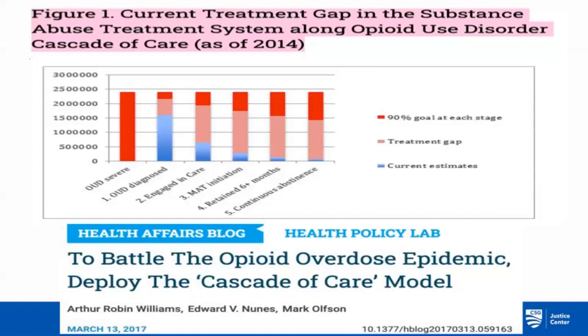And again, acknowledging the times that we're in right now, I would highly recommend that we think about doing these treatment gap analyses or the cascade for different types of populations, whether it be people of color or women. It can help us really think about how our system functions and what actually happens when a person goes through this particular scenario.